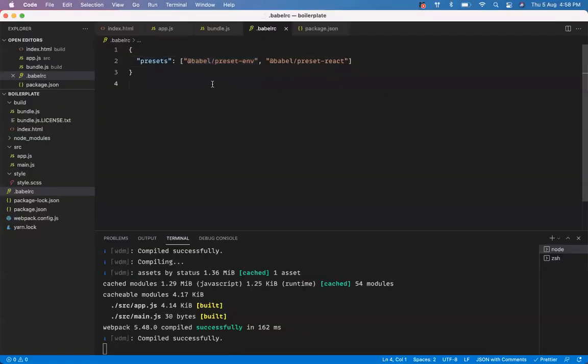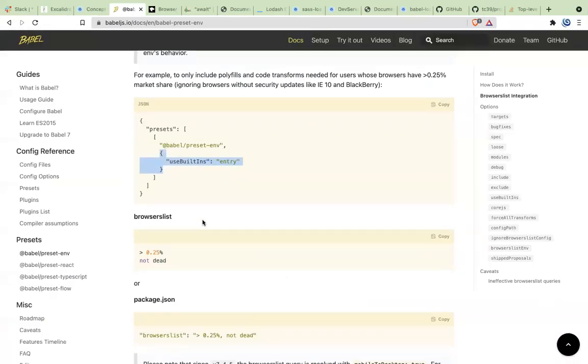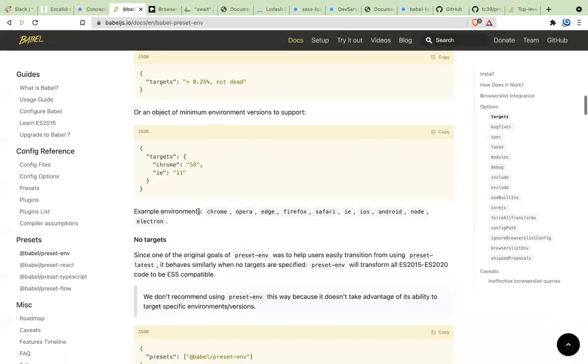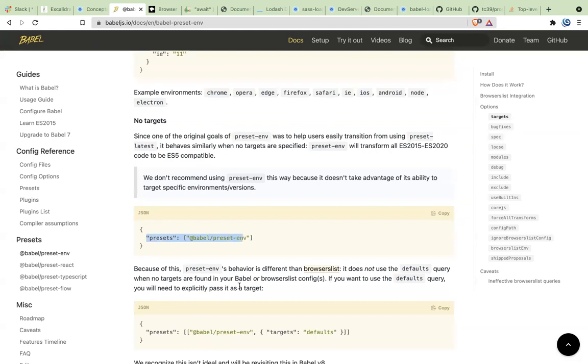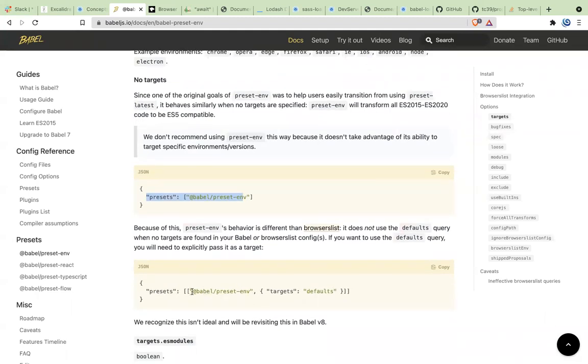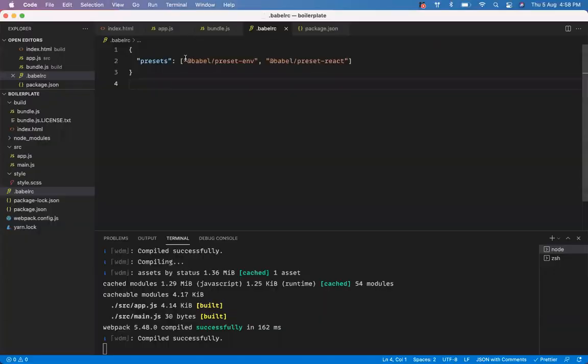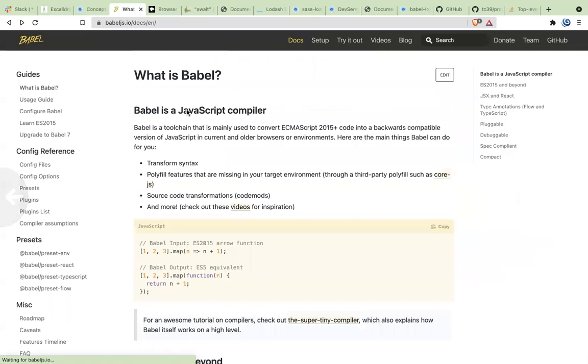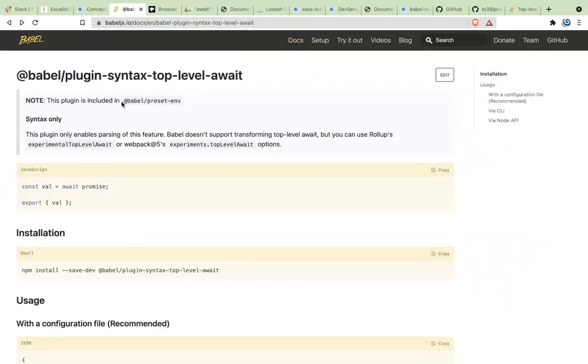We are sending in an array. Okay, no problem. You take a look at it, read the documentation and you will understand how to do these things. You just have to pass it as some extra properties. Look at this: here it is an array, and inside that it is also passing an extra array. So here we just need to wrap this into another array and then pass extra properties saying you have to enable the top level await. It will start working because we saw that top level await is already included in Babel preset env. So that is what I'm saying.